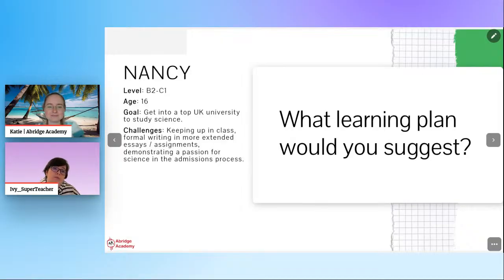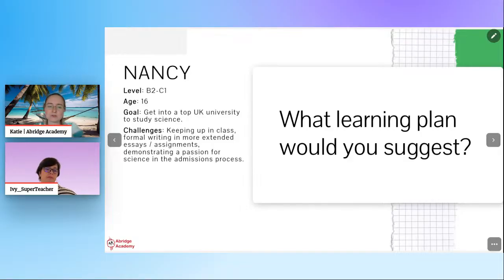And it's really responsible. I wouldn't dare, honestly, getting into a top UK university to study science. It's a lot of pressure on you as a teacher already, and not to mention the parents and the child. So yeah, I admire you teaching her, honestly. I used to do a lot of students like this. I'm going to be honest, I kind of moved away from the university admissions and study abroad prep type stuff, because I enjoy teaching some aspects of it, but I think there's a lot of pressure around it, and often you get students who are being pushed by their parents a lot.